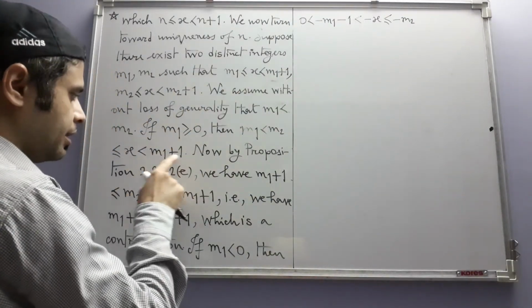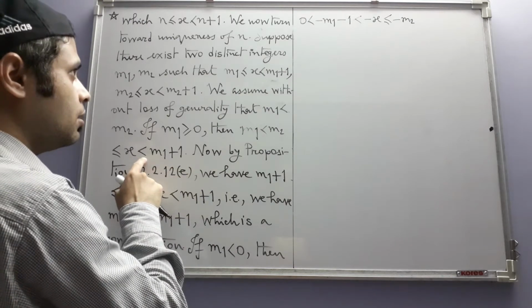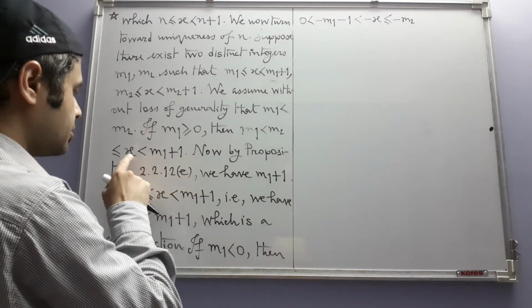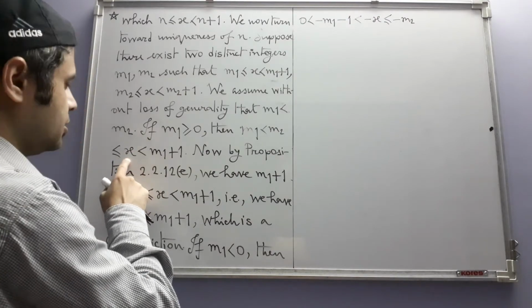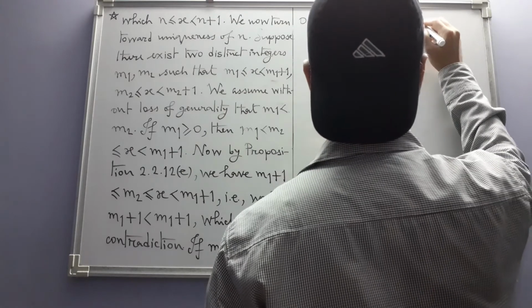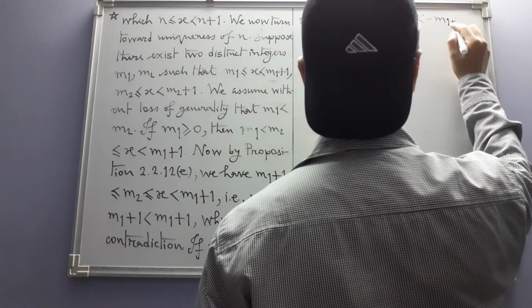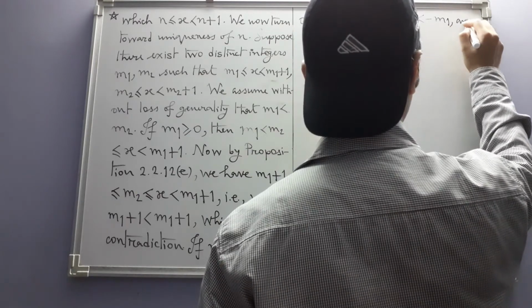This one, the negative of this is strictly less than the negative of x, which is less than or equal to the negative of m2, and m2 is strictly less than the negative of m1, and so